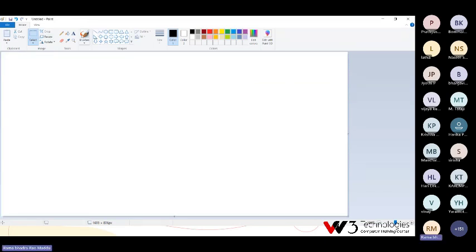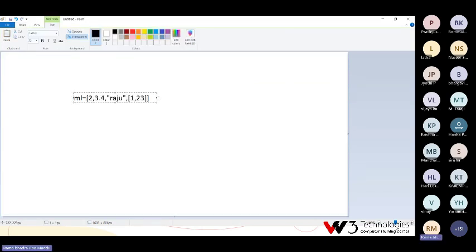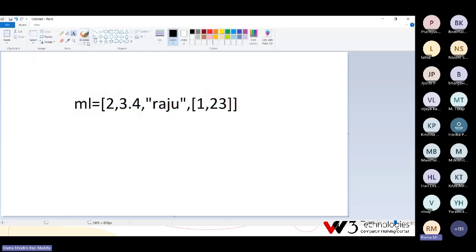Whenever you create a list, it's very simple: the 0th location, the first location, the second location and the third location for the ML list. In the string, again it is the 0th position, first position, second position and third position.